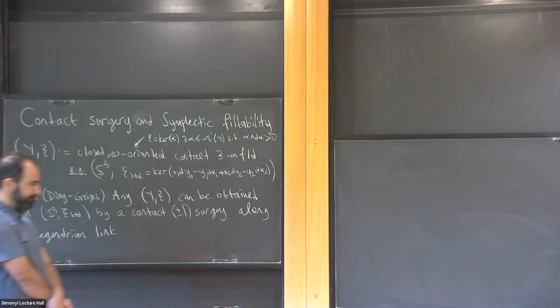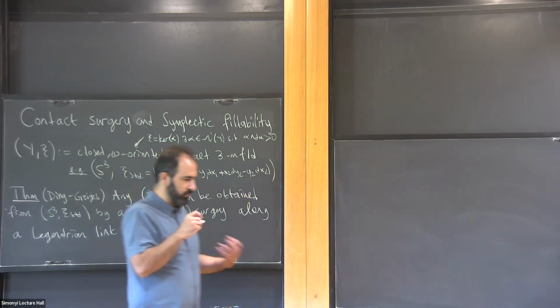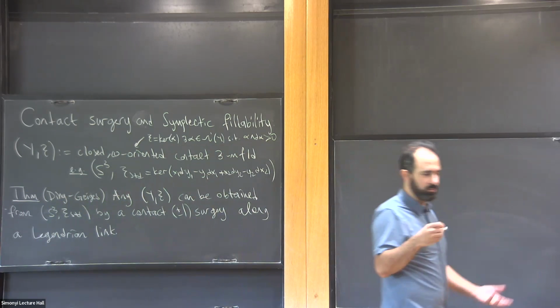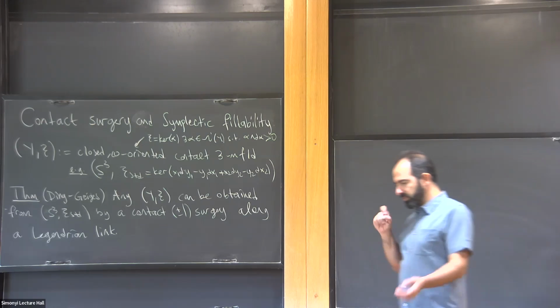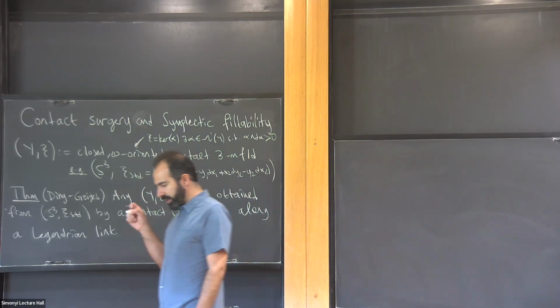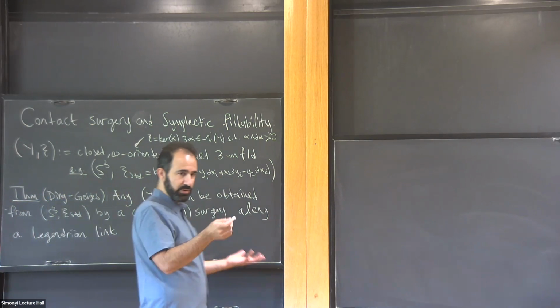With this theorem at hand, one of the natural questions you might ask is: given a contact surgery presentation of a contact three-manifold, what properties can we read off? What could you say about whether that contact structure is, let's say, fillable, namely whether it arises as a boundary of a symplectic manifold or maybe a compact complex manifold? Or you might wonder whether we can determine if the contact structure is tight, a class of contact structures that is